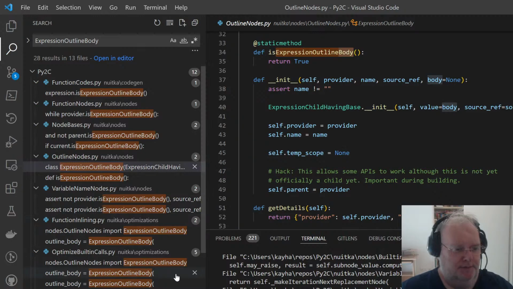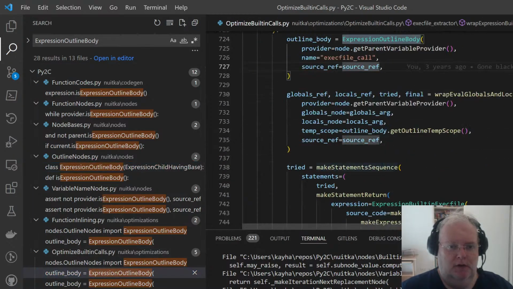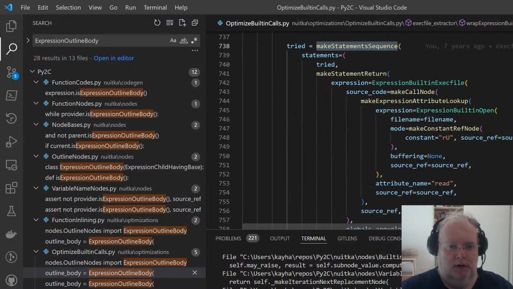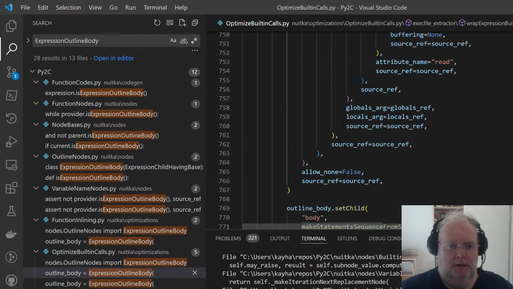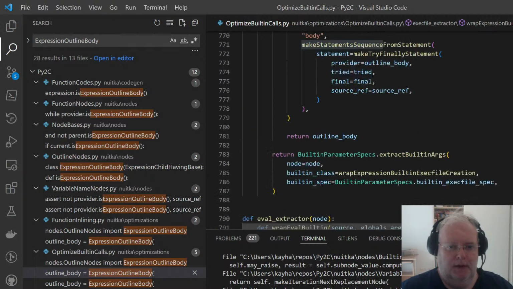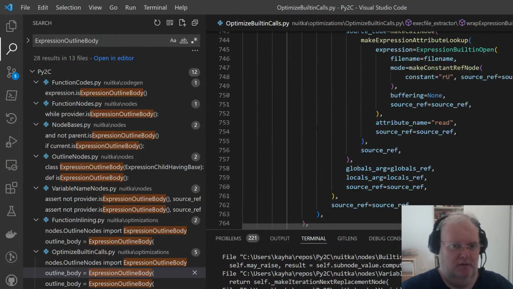And here is a case of another one built. It builds a statement sequence and releases probably a temp variable. I'm not releasing anything yet. I never dealt.